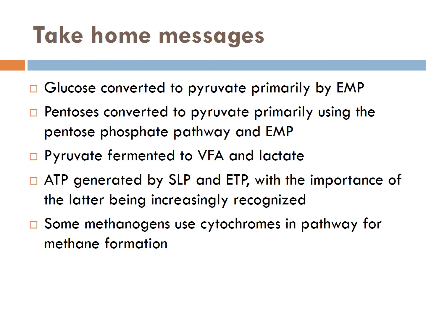The take-home points of this lecture are that glucose is converted to pyruvate primarily by the EMP pathway. Pentoses are converted to pyruvate primarily using the pentose phosphate pathway and EMP. Pyruvate is fermented to VFA and lactate. ATP is generated by both substrate-level phosphorylation and electron transport phosphorylation, with the importance of the latter being increasingly recognized. Finally, some methanogens use cytochromes in the pathway for methane formation. This lecture